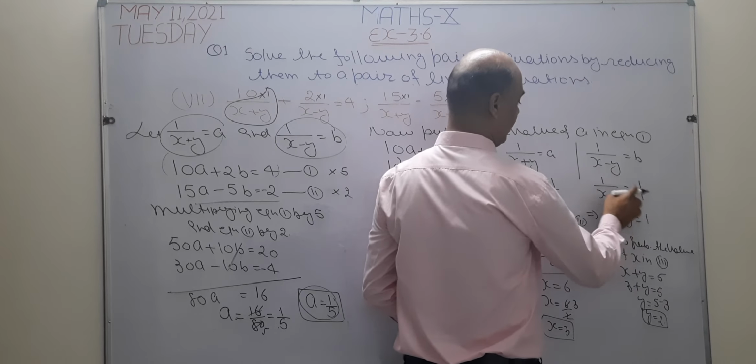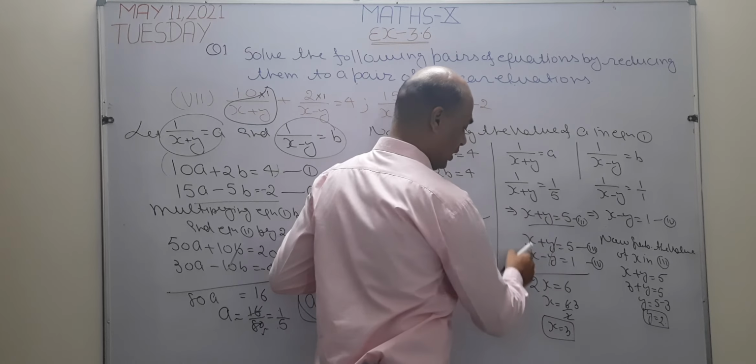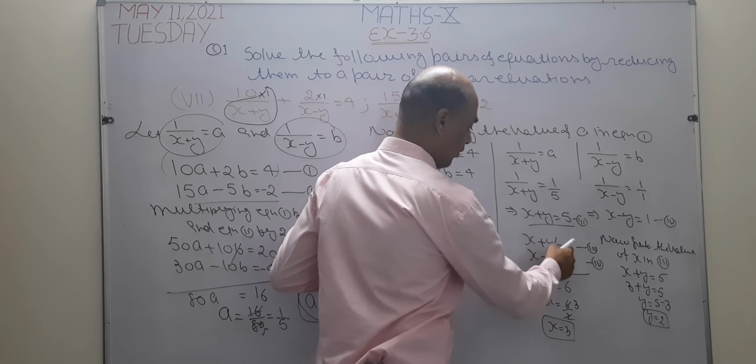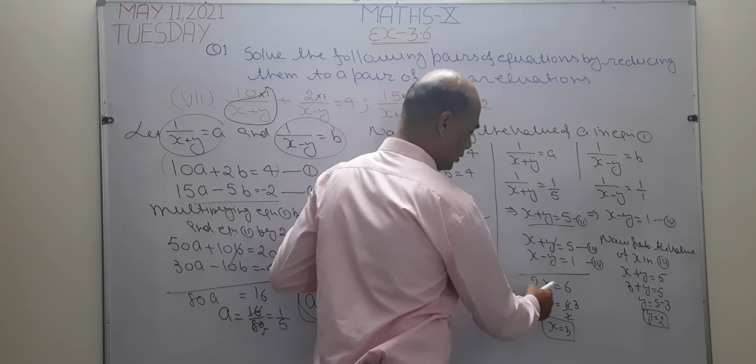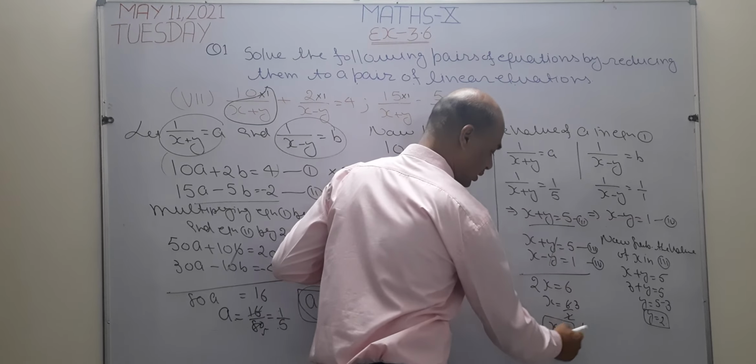Now we have to solve again these two equations. So for these equations, I want to use the elimination method again. Now see, both the signs are different, so I am going to cancel them. After that, x plus x becomes 2x, 5 plus 1 equal to 6. The value of x: 2 3s are 6. The value of x becomes 3.